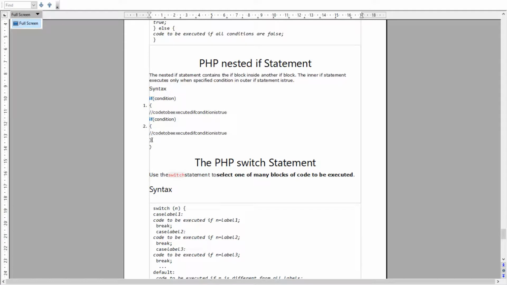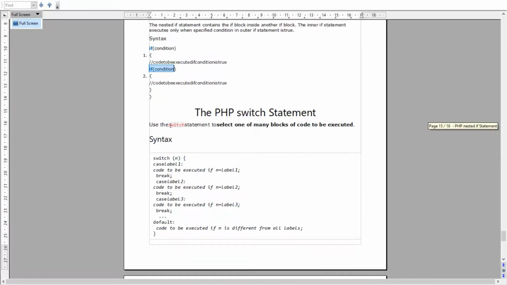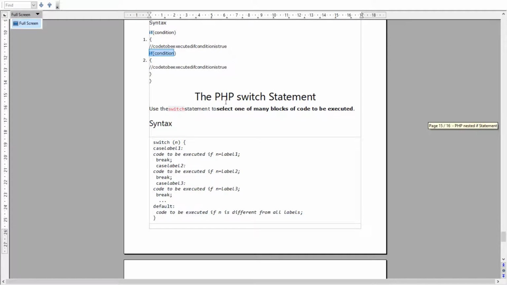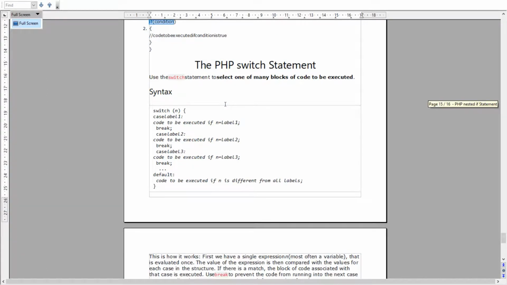So from here to here is the body of this if condition, and from here to here is the body of this if condition. So this if is the nested if that has been nested within this if. Okay. And in the last we have the PHP switch statement, and the switch statement is used when there come